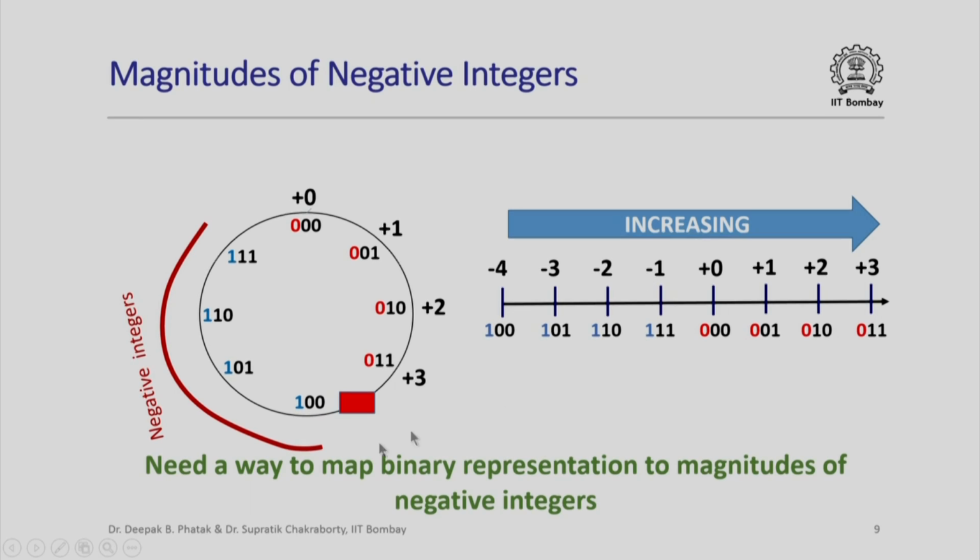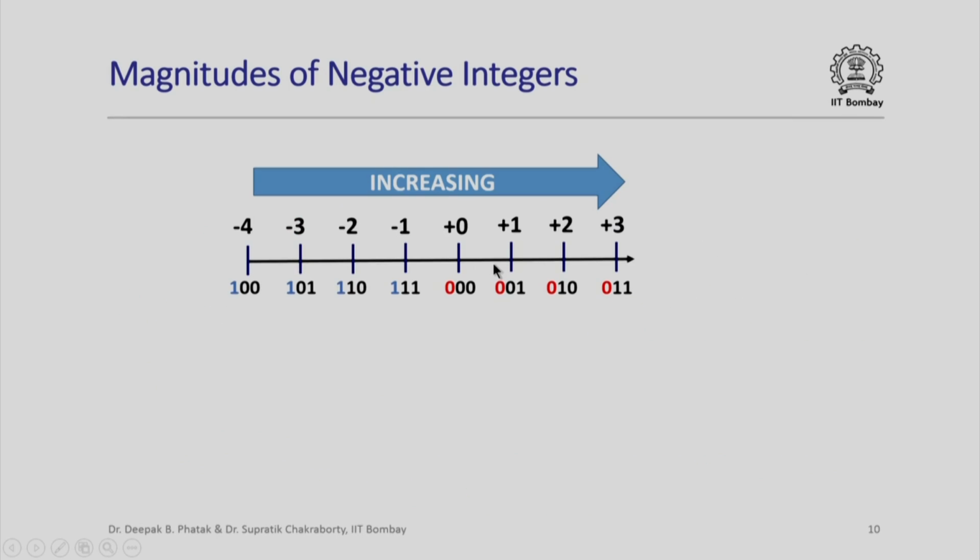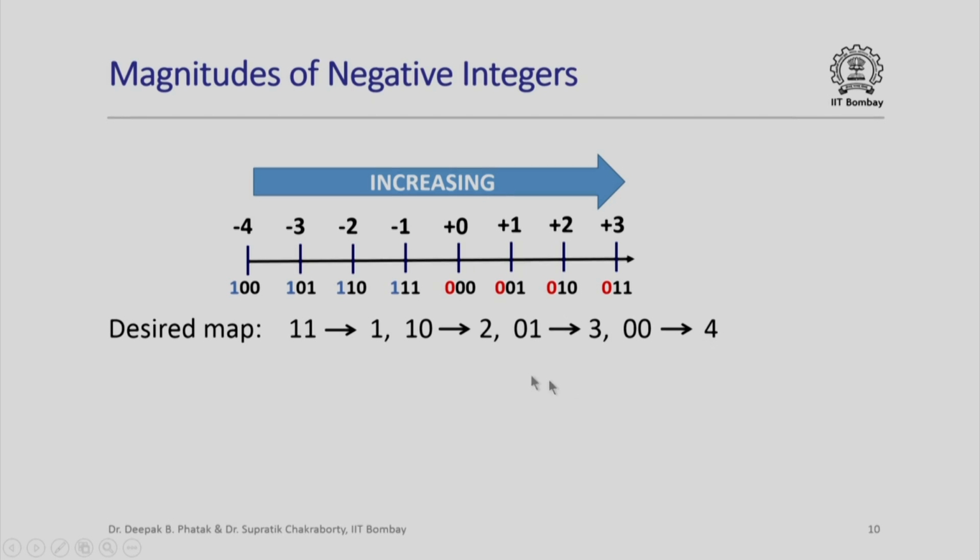So a question to ask is, can we have a mapping of the binary representation to the magnitudes of the negative integers? So I would like to go from this 1 1 to 1, from this 1 0 to 2, from this 0 1 to 3 and from 0 0 to 4. So how do we come up with this mapping? This is our desired mapping when we are using 3 bits: 1 1 should map to 1. Remember I am just interested in the magnitude now because the MSB has already told me that it is a negative integer. So I want 1 1 to map to the magnitude 1, 1 0 to map to the magnitude 2, 0 1 to map to the magnitude 3, 0 0 to map to the magnitude 4,